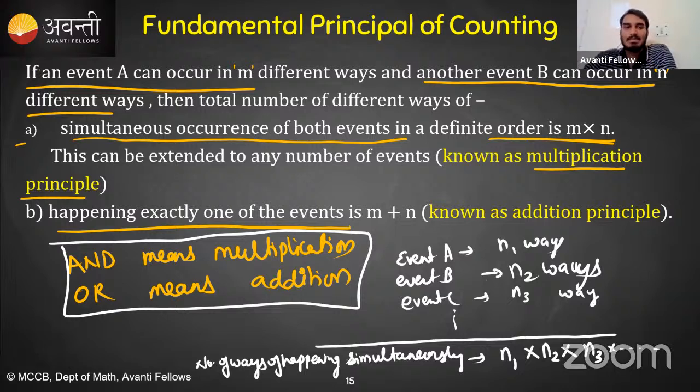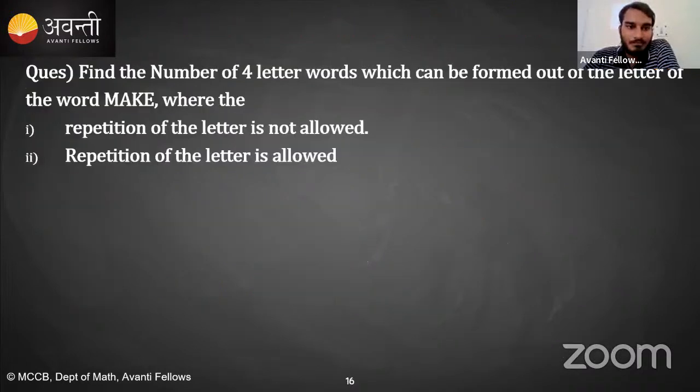Is this clear? Do you have any doubt in the fundamental principle of counting? Ask me if you have any doubt. If this is clear, then let's proceed. Let's solve some questions now to get the idea inside it. Let's absorb the multiplication and addition theorems a little. The question is saying: find the number of 4-letter words